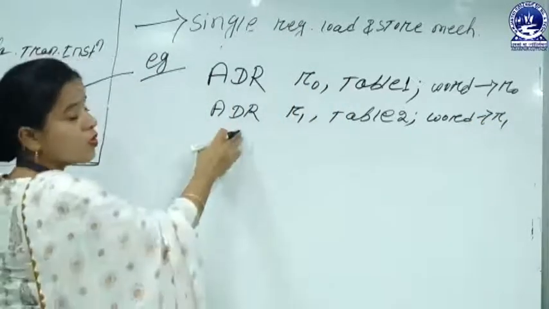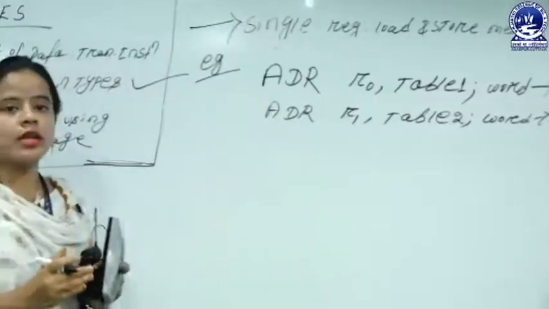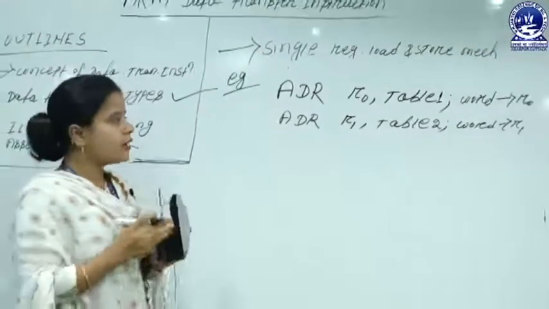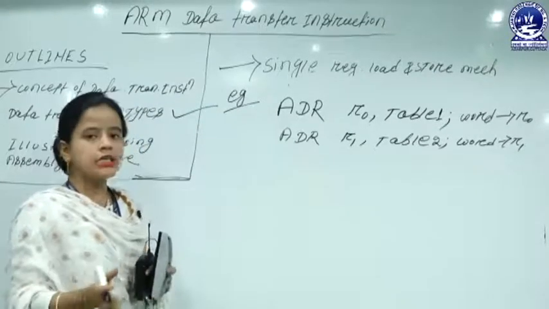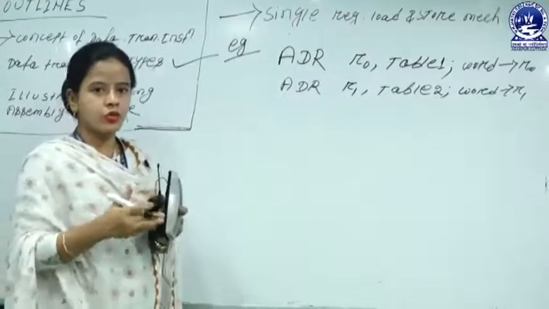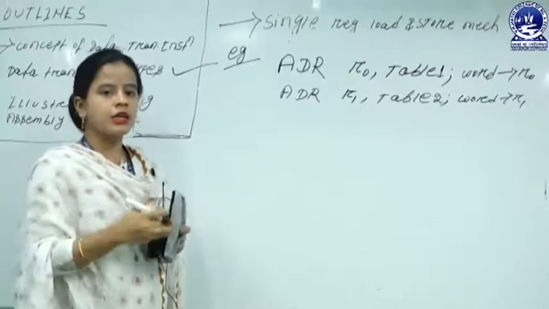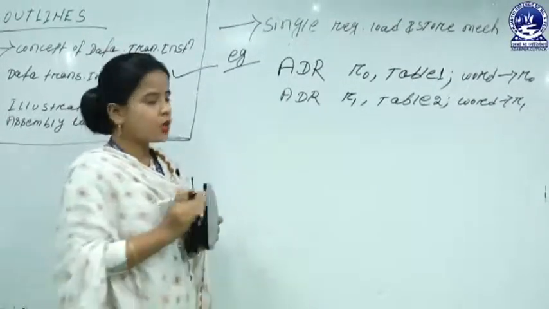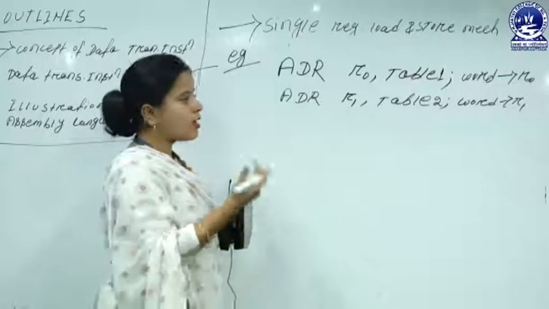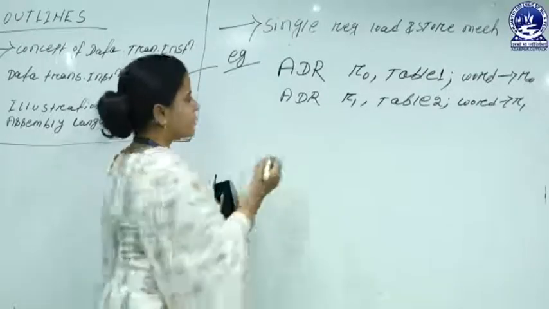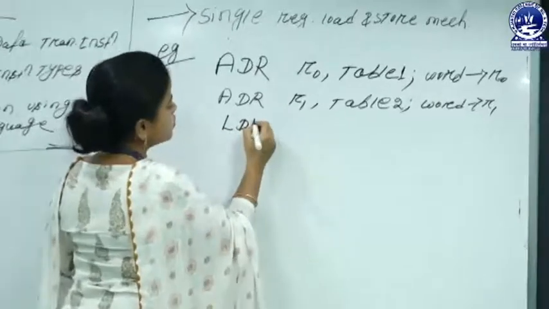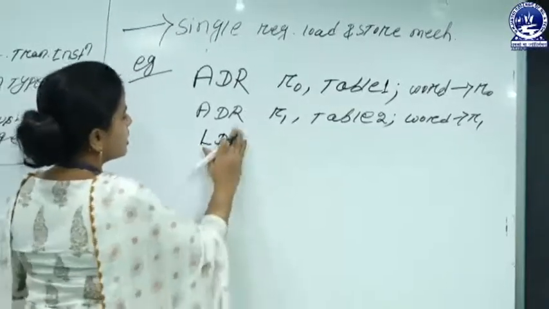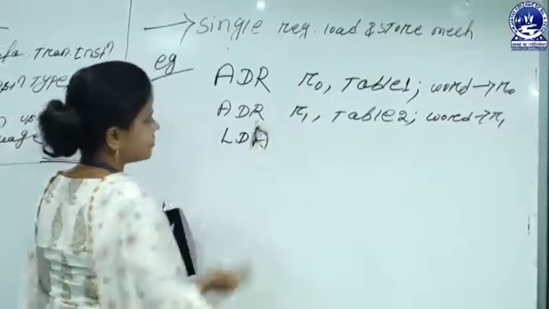Okay, so now we have used the concept of load and store architectures. That means now we have to fetch some data from the output screens. After processing all the output screen data, you have to reload the data into memory locations. So how is that possible? First we have to fetch some data. In this case, how do we fetch the data? By using your load command. That means your command is LDA.